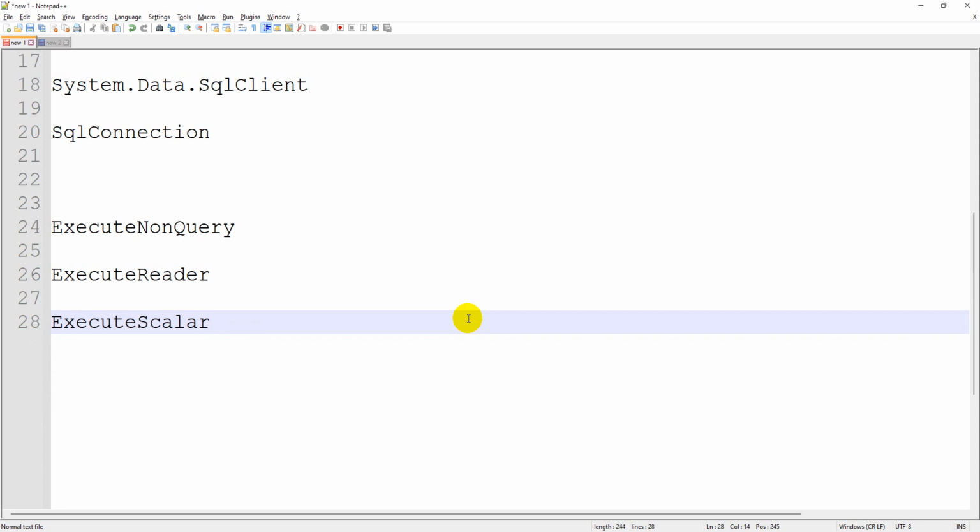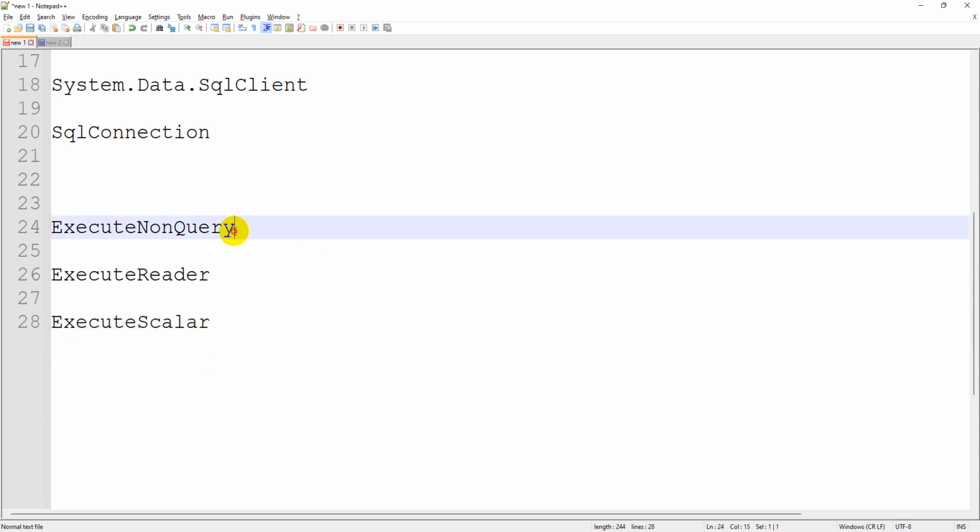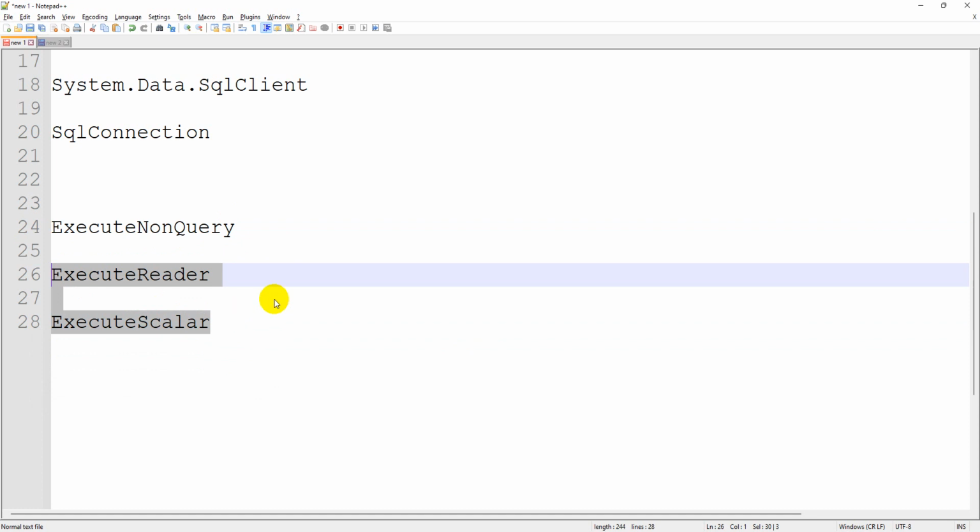According to our requirement we are going to use this particular execute non-query, which works for all SQL query executions. As of now let's go with these two, I will cover the others in today's video itself.